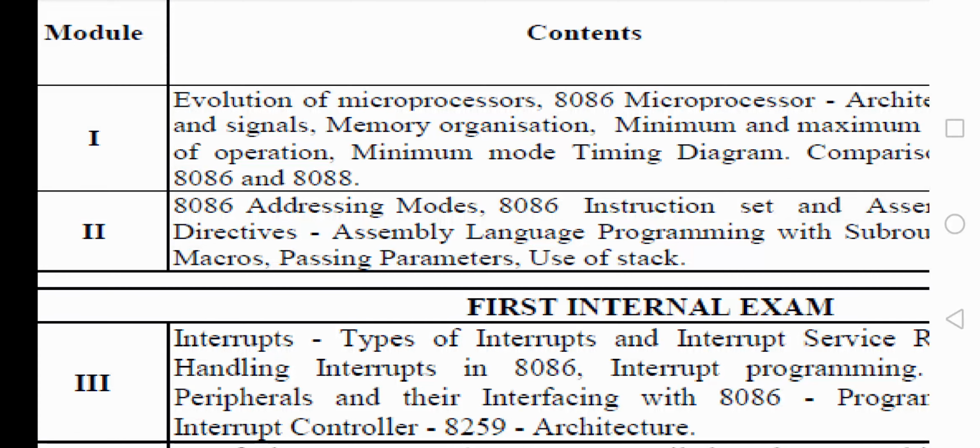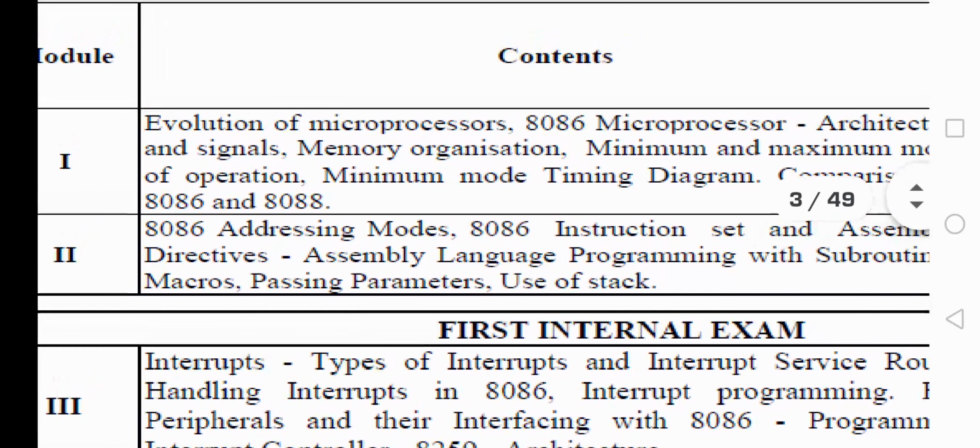In the second module, we will be going into the deeper side of this 8086 processor, that is, with the help of this 8086 processor, how we can do programming, how we can write a specific program for this 8086 processor to do a specific task. So based on that aspect, we'll go into the details of this processor in the second module, that is, how we can write programs for this 8086 processor to do a specific task.